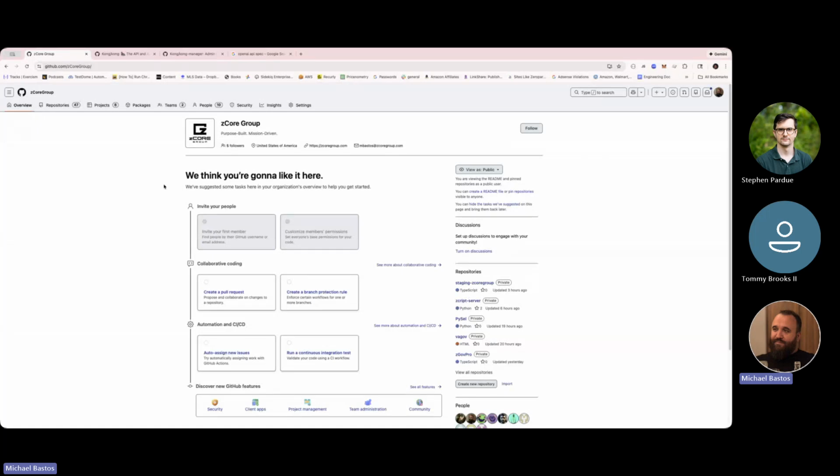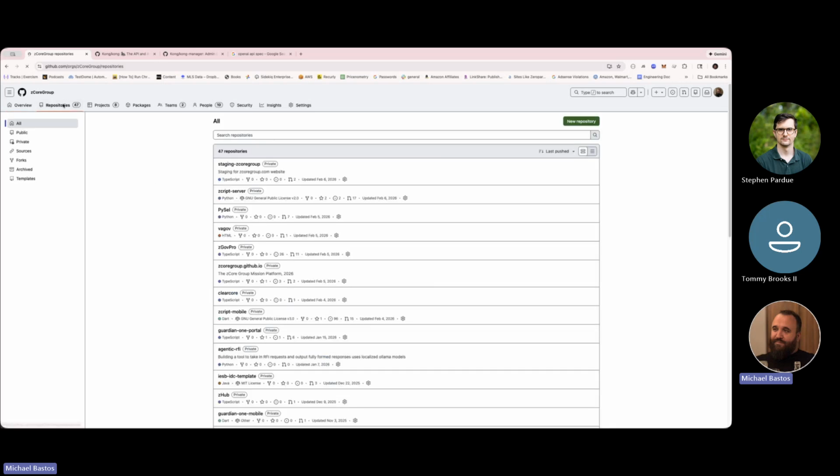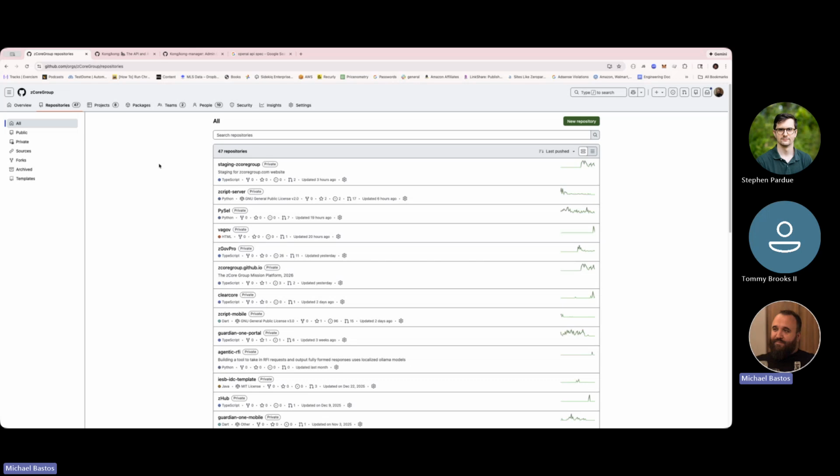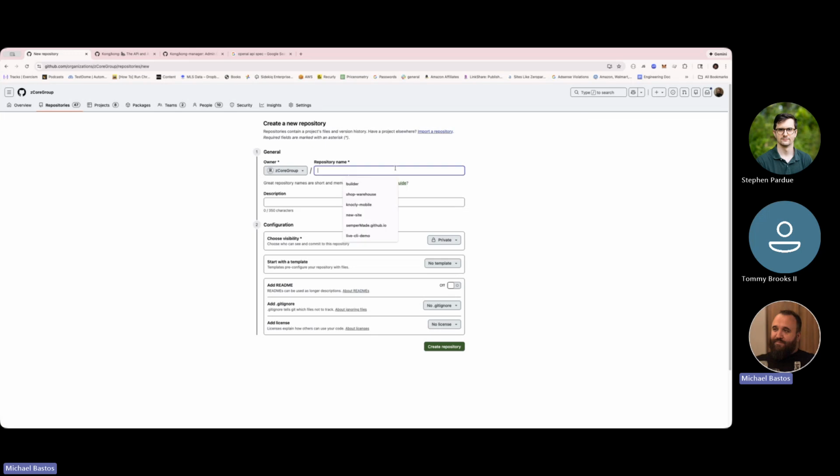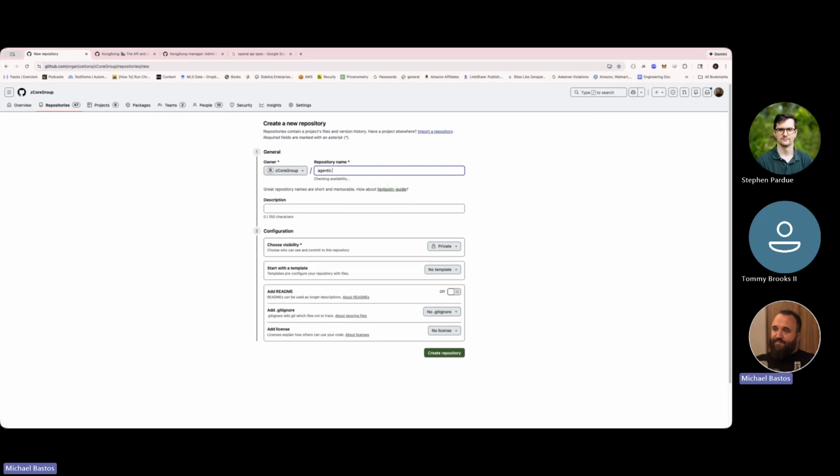So, very first thing I'm going to do, and this is more to show this as a feature than anything else, because this is available to us on the Z-Core side of the house, I'm going to go ahead and just create a new repository, and let's call this Agentic Con. I've been using Agentic a lot lately. Okay. So the description is basically a GPT-like